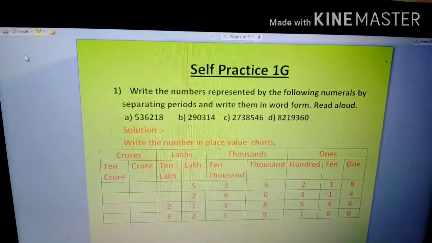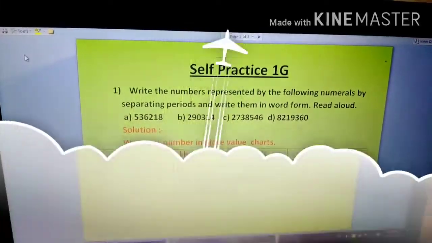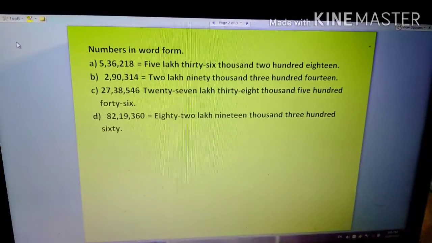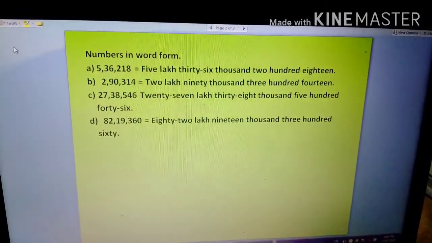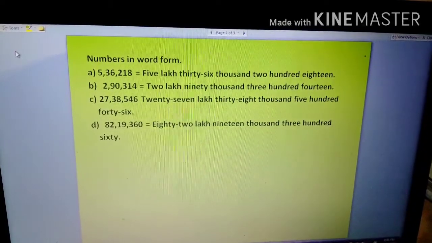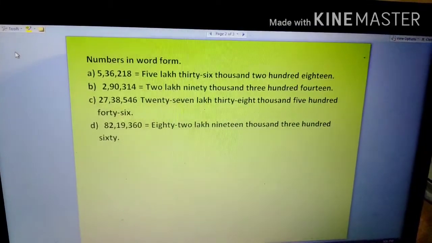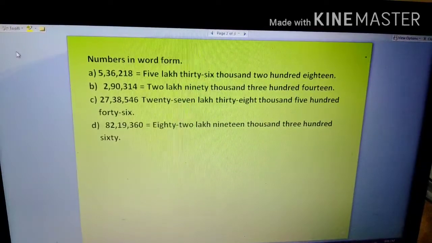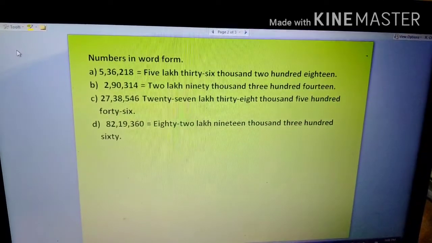Okay. After that, we read the number. Numbers in word form. We see first A. We put commas after the periods, means